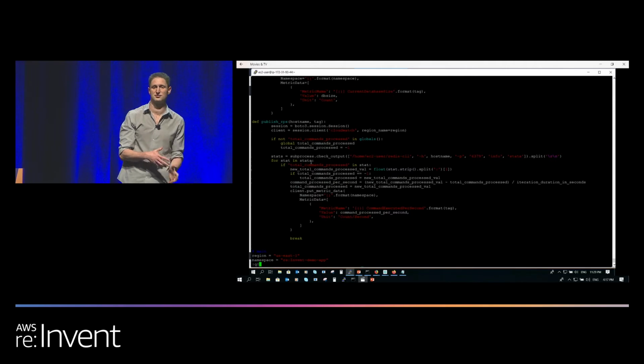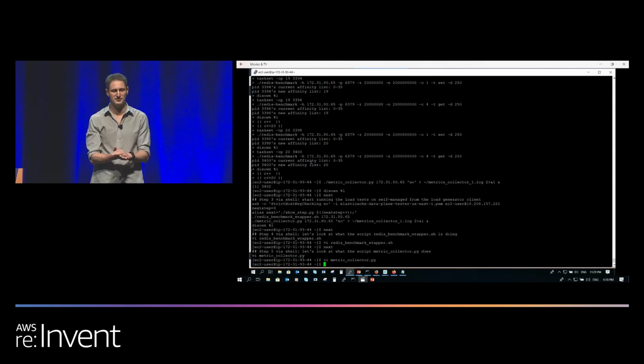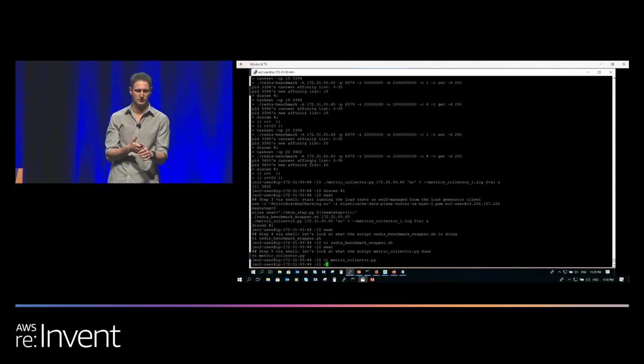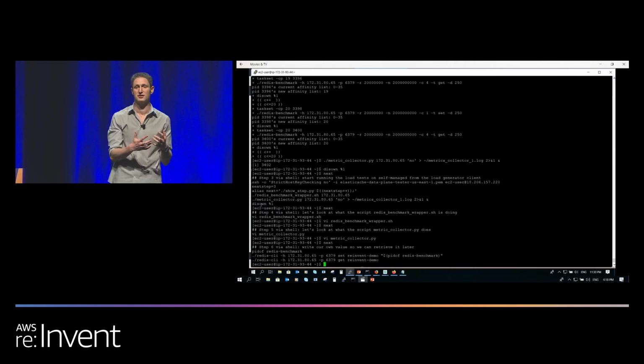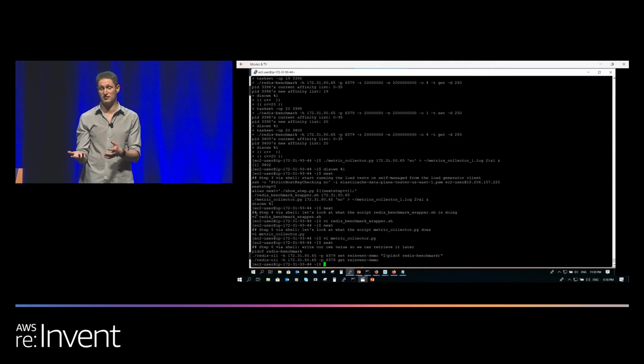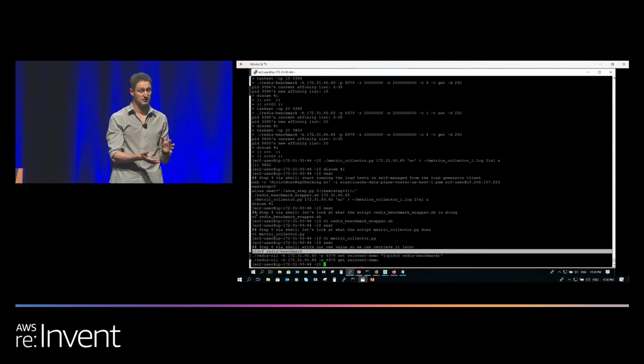All right, so the next step is that we're going to store something that is unique to us in this demo. As I said before, we have 40 Redis benchmark processes running. I just started them 2 minutes ago. I'm going to take the process IDs and store them in Redis.